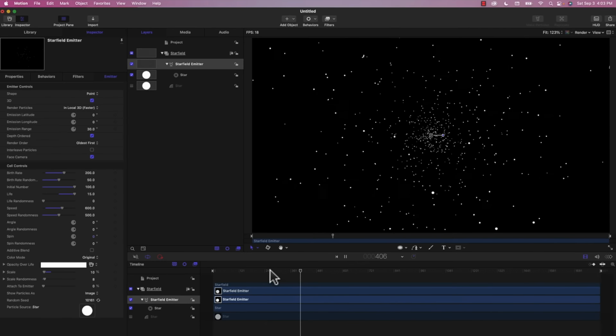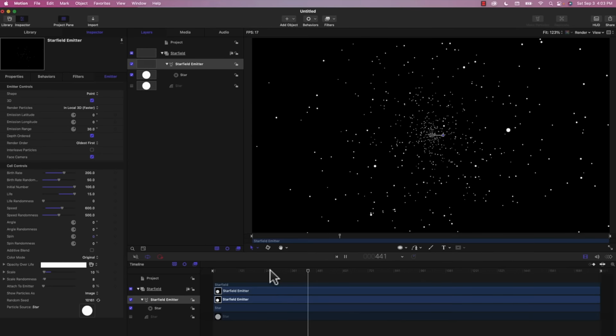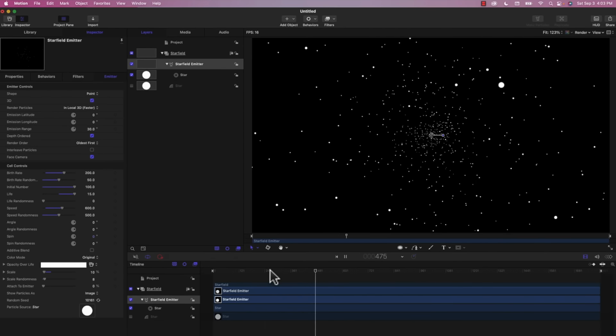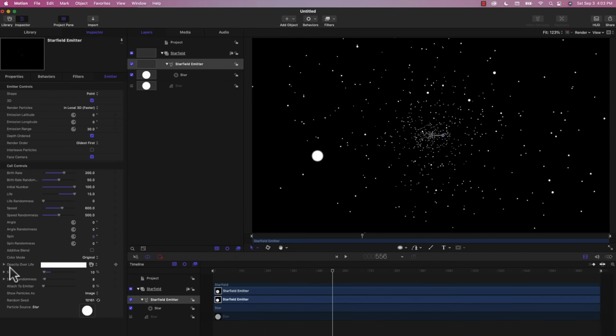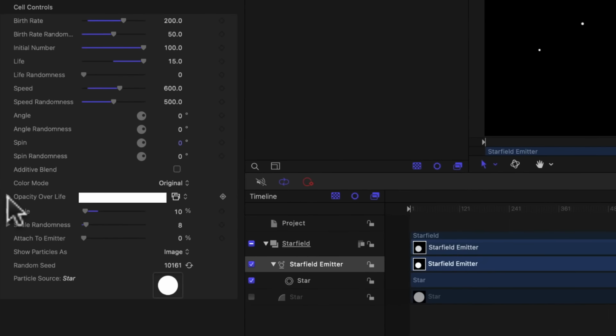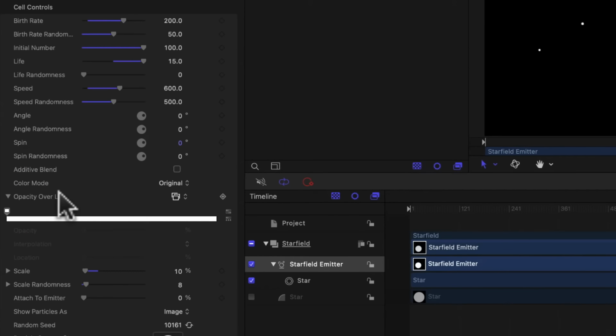The issue that we have now is that the stars all seem to be spawning right from the same center location. In order to make that not so obvious, we want the stars to fade in. So we want to adjust the opacity over life. And we'll start that by clicking on the very first position at 0%,